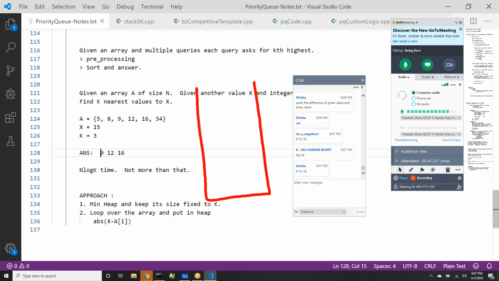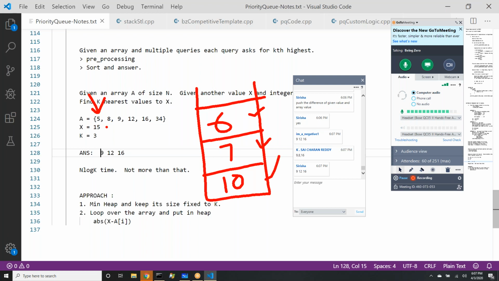So if we see it this way now, you are suggesting I take a min heap. Let's take a min heap. Now in the min heap, what are you putting? Every value is a difference. You take 5 and 15, the difference comes out to be 10. Then you take 8, and the absolute difference of 8 and 15 comes out to be 7. Then you take 9 and 15, the difference comes out to be 6. So you have three values, your min heap is ready, and the min heap is sorted in this order,